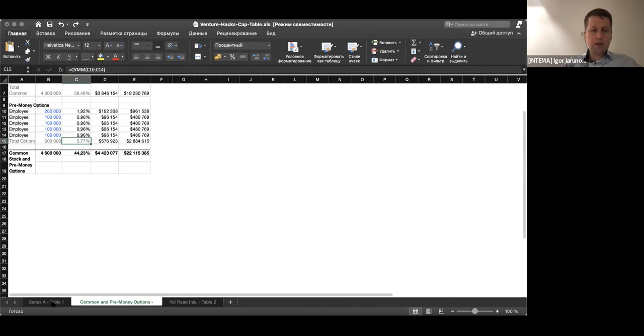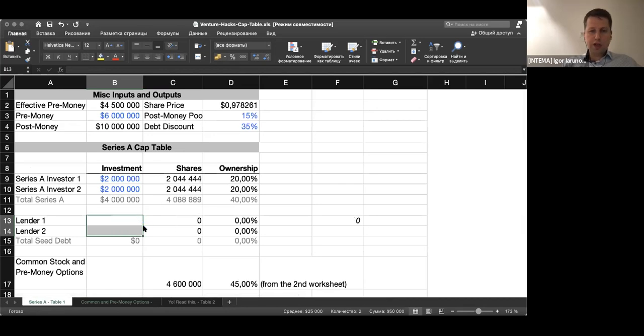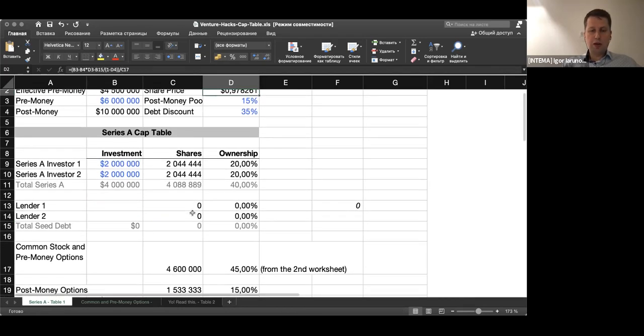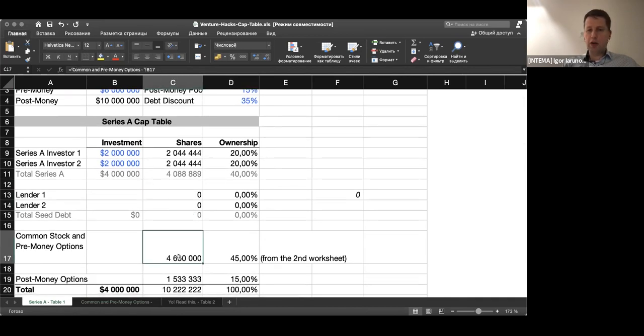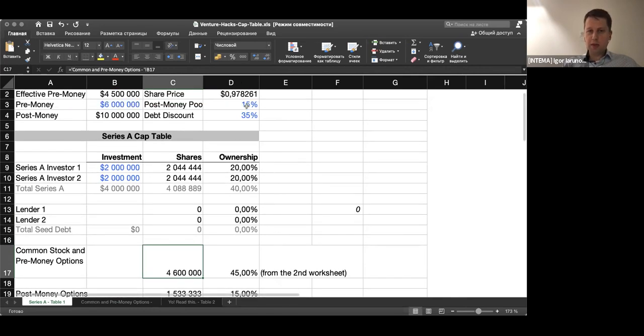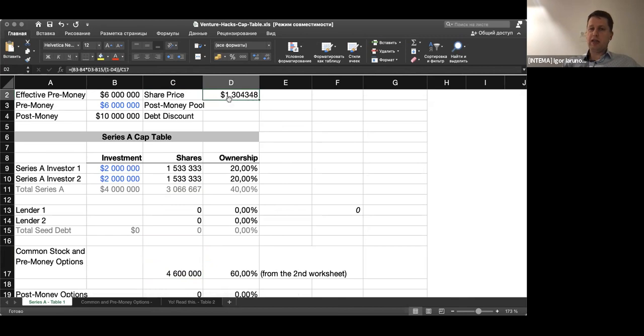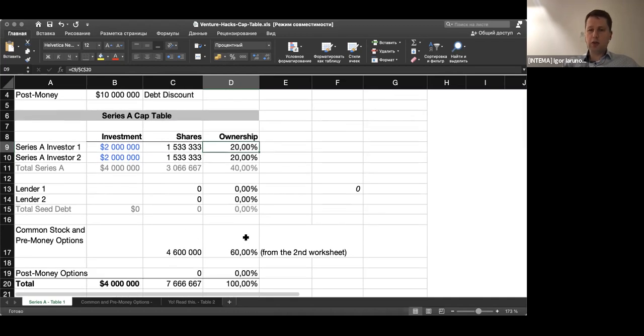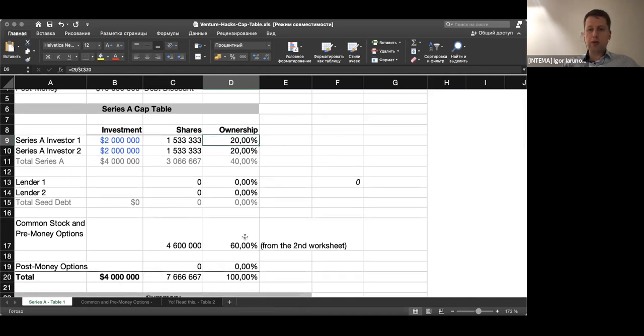But these options will change the price of our share. How does it happen? Because before we had 4 million here, now we have 4,600,000. It affects the price. So we had a price of 1.5. Now we have a price of 1.3. It means that a different number of shares will be issued. And how will it affect the total ownership of the company? It will affect the total ownership of the company because